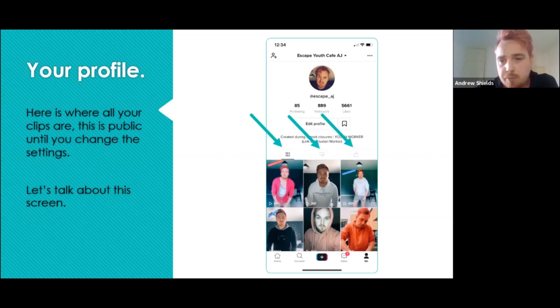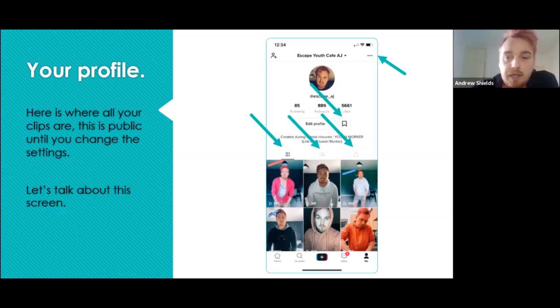And then your padlock, sorry, go back. The love heart is for videos that you've liked, so I've got that on private, so nobody can see the videos that I like. And then the one beside it, the third arrow, is a padlock. That's your private videos. And then finally, your favorite tab. If you've added any songs to favorites, that's where it will be. And then these 3 dots will be your best friend in terms of privacy and settings. So on your profile, this is what I've been tweaking.